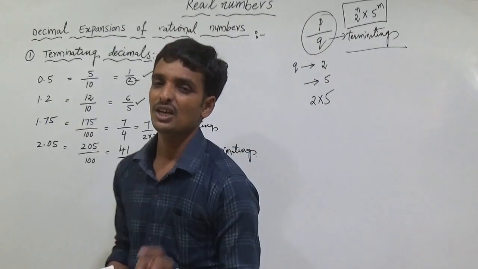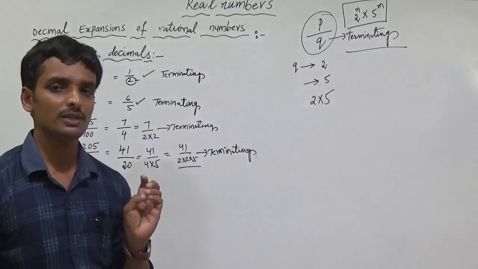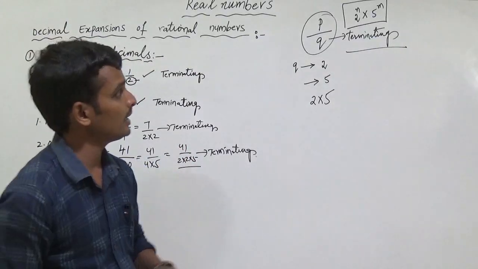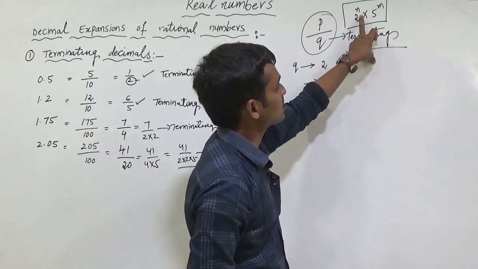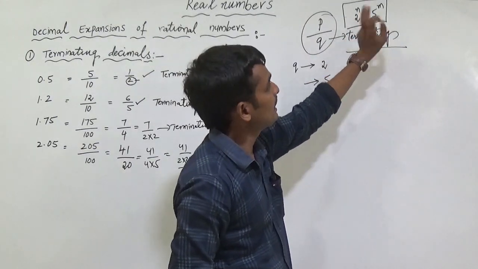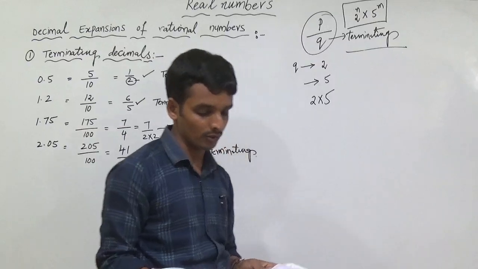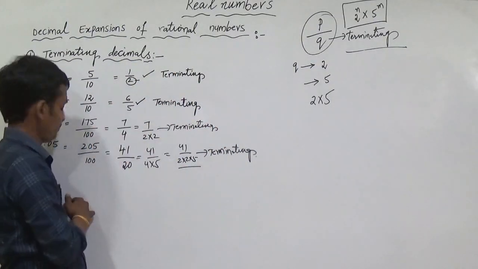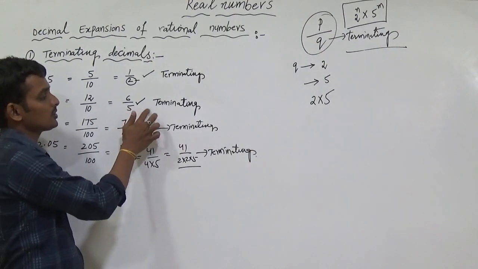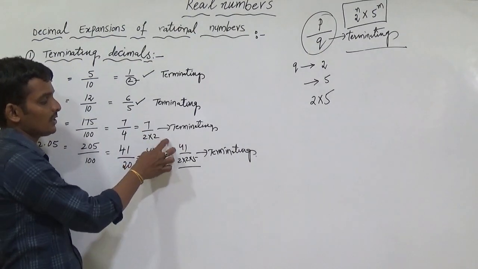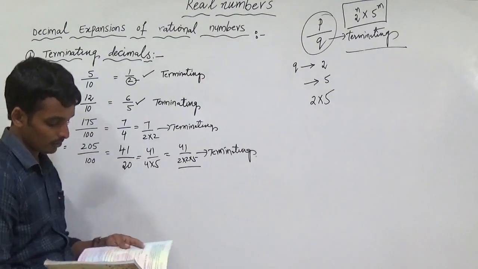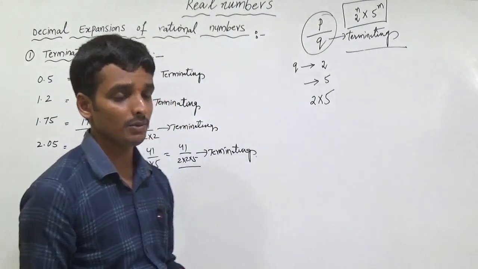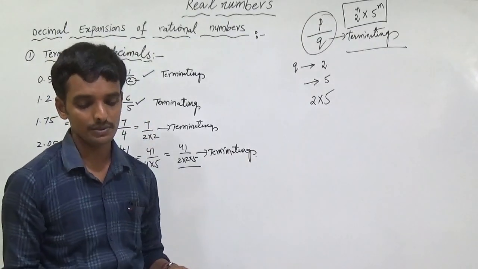p can be a positive or negative number, because it is an integer. But n can also be 0, it is a whole number. The same way, m belongs to W and can also be 0, because if you observe here there are no 5's, that means 5 power 0. Here there are no 2's, this is 2 power 0. There are no 5's here, 5 power 0. If it is in this form, the decimal expansion will be a terminating decimal expansion.